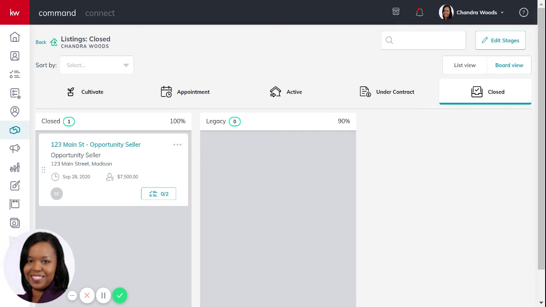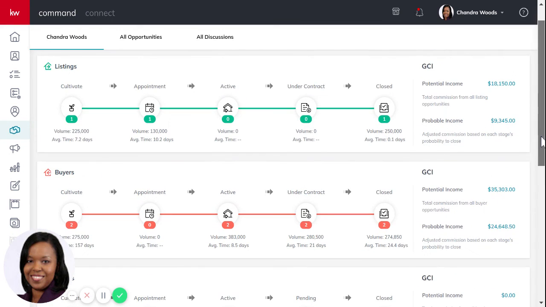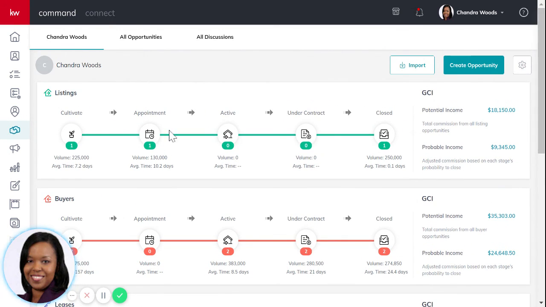And obviously if they've closed, they come to 100%, and that is reflected in my probable income now because I've actually closed them. But I hope you can see how if you start with a lead in either the cultivate or appointment stage, how if you work them through, not only does it help you keep an eye on your ratios to motivate you to get that probable income up closer to your potential income, but also